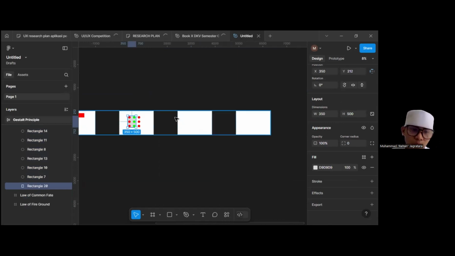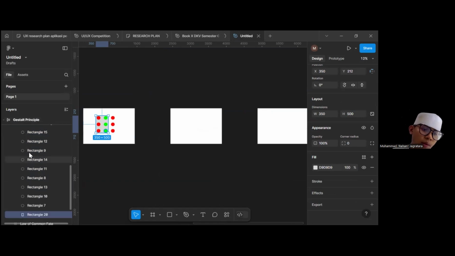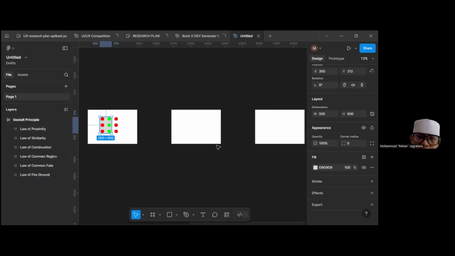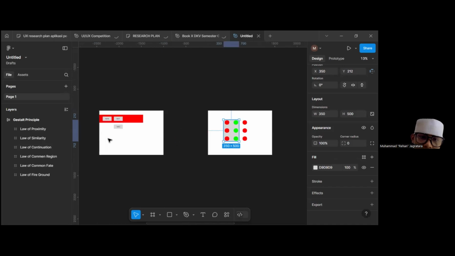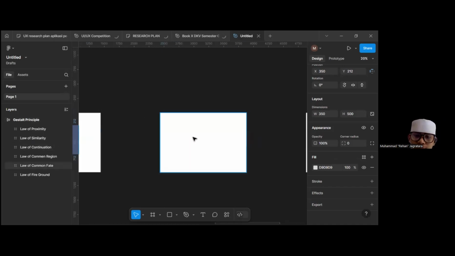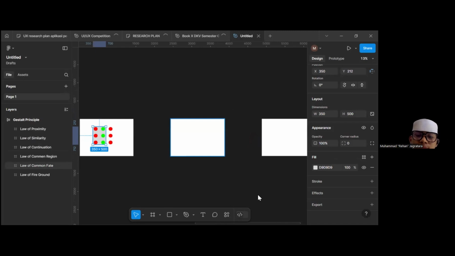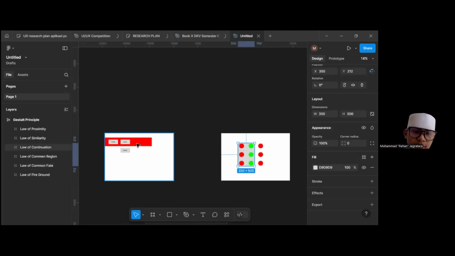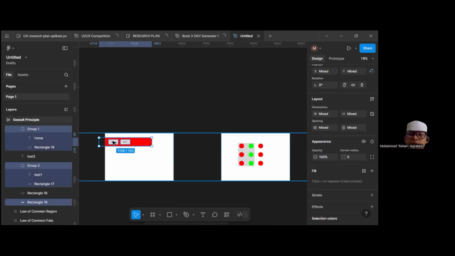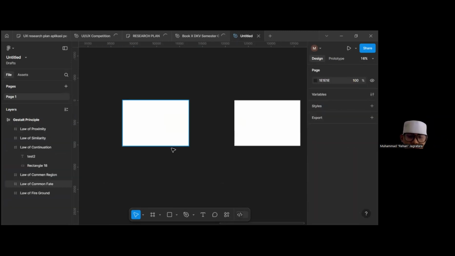Now we move to common fate. It's almost the same as continuation. The example is for direction information.